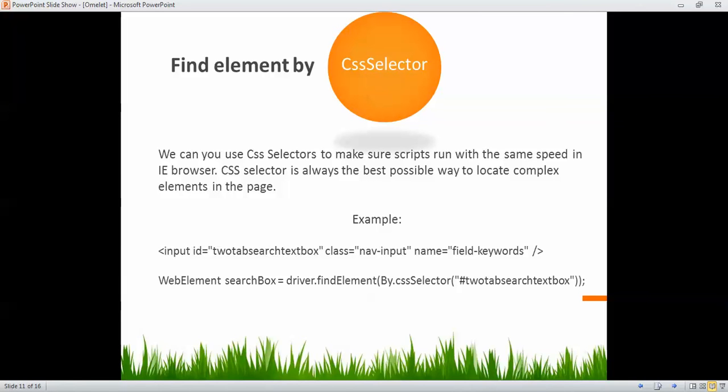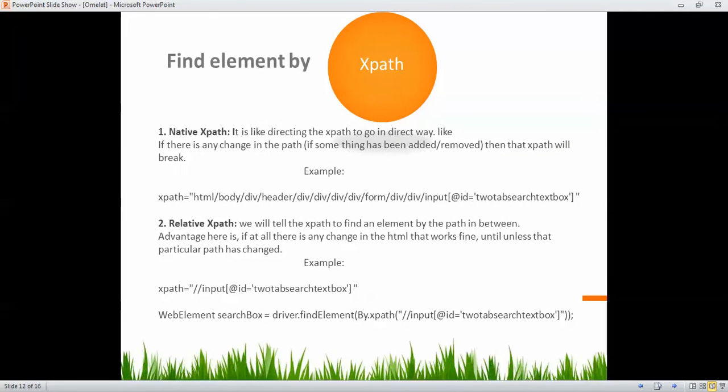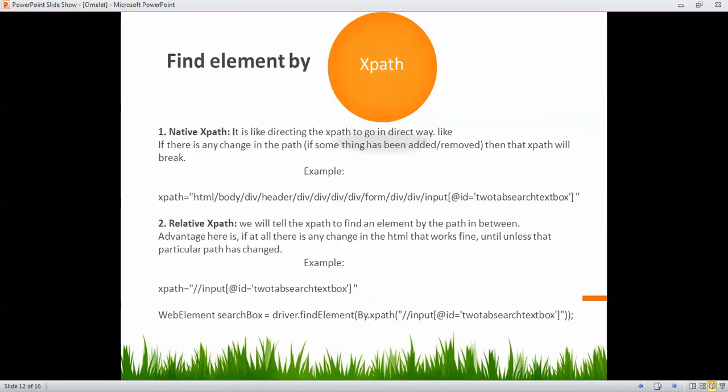And next one is XPath. Here in XPath there are two types: one is native XPath and the second one is relative XPath. So what is this native XPath and relative XPath? In native XPath we need to give the exact traversing of the element, like if an element is present in a page at a midpoint, the element will be identified this way using native XPath, from the top to bottom level,